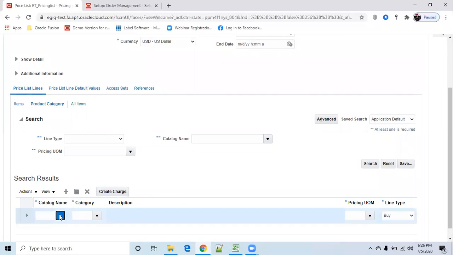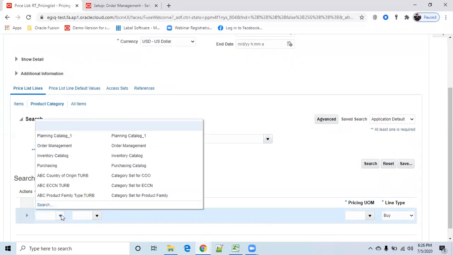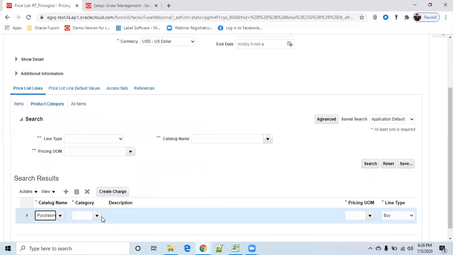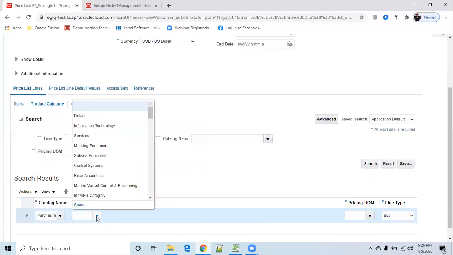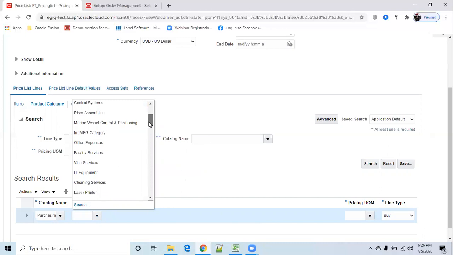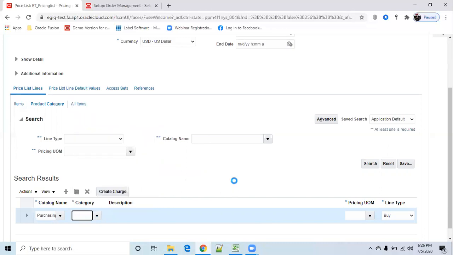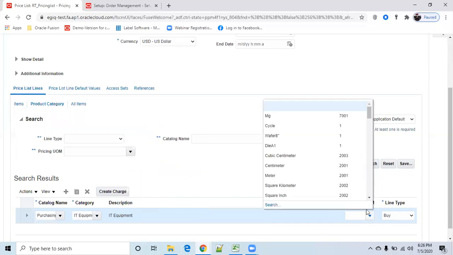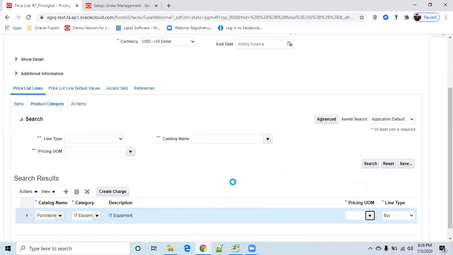Okay, now category, click on plus. Click on catalog name. We have a lot of catalogs which we have created. Now I'm going with the purchasing catalog. Here my category is IT equipment, and pricing UOM I want to make as each.